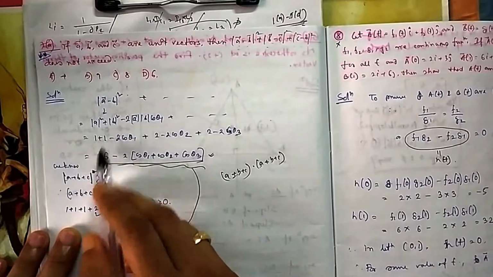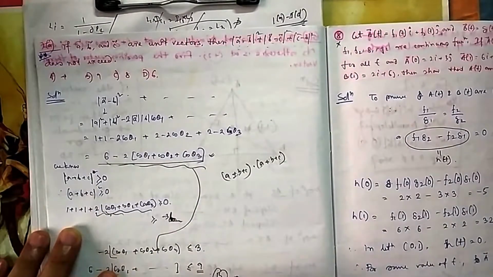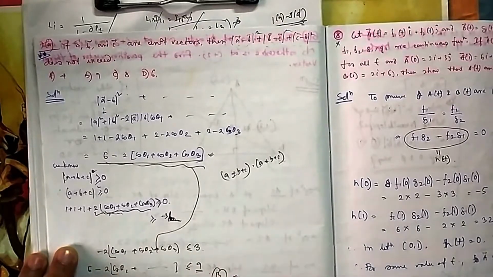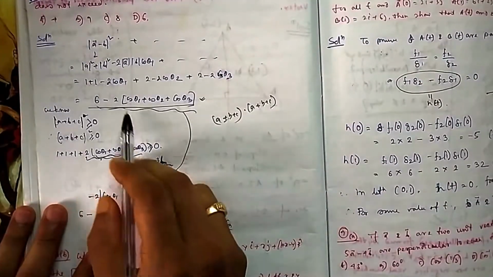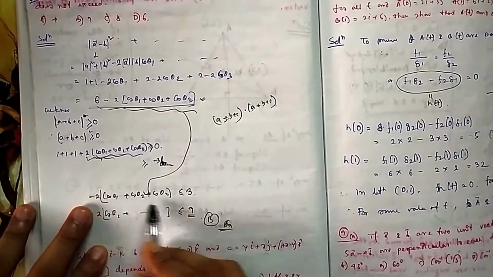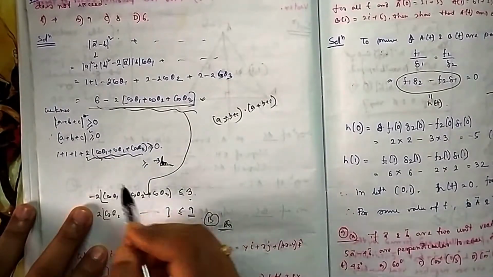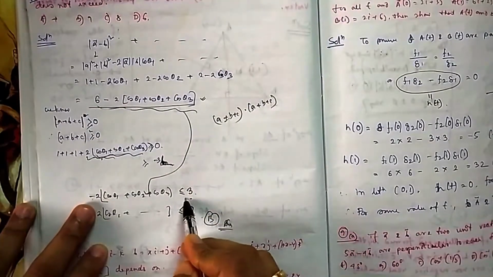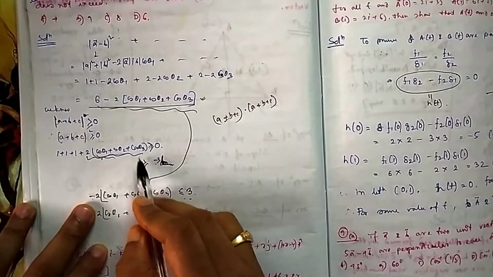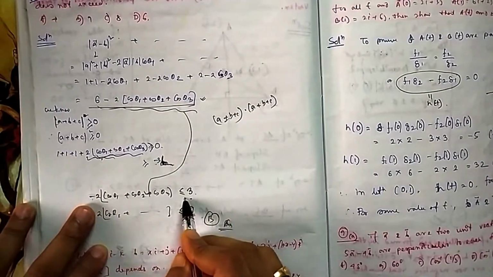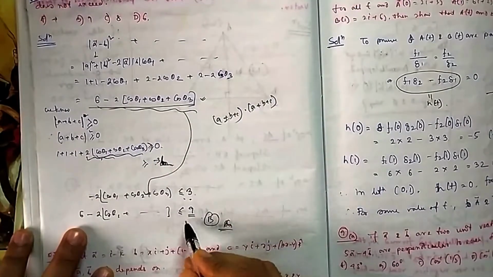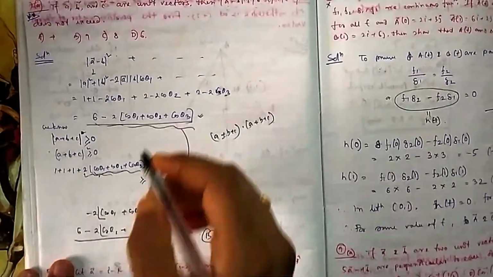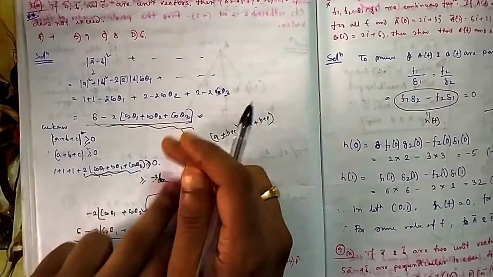And all are unit vectors, so all these magnitudes are 1, so you will get something like this. Because this is greater than or equal to 0, this will be greater than minus 3. I need this one, so multiply both sides by minus. It was greater than minus 3, if you multiply by minus, it will be less than 3. Then you add 6 to both sides. So that means this is less than 9. So what is the maximum value it can attain? 9.